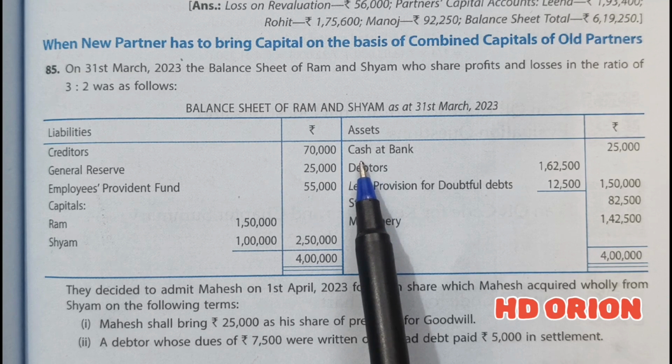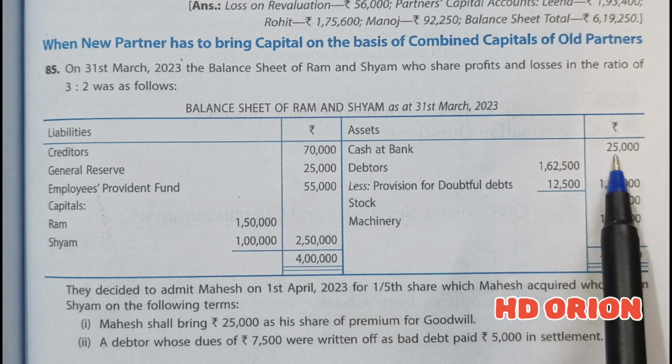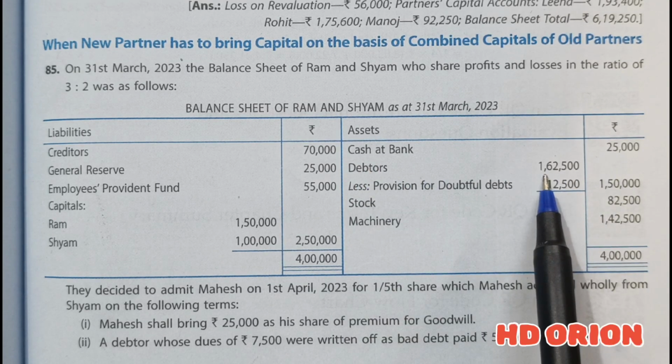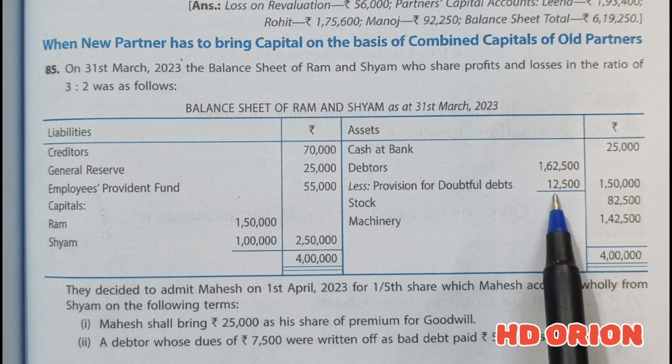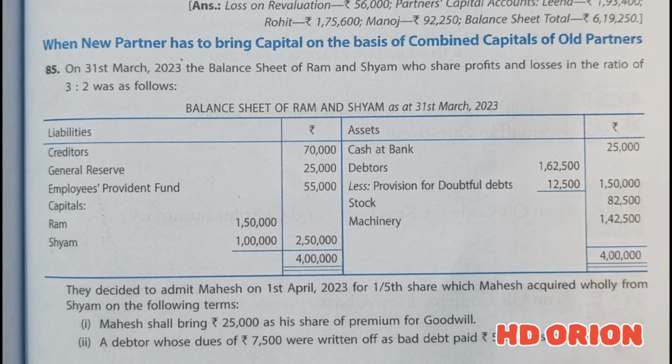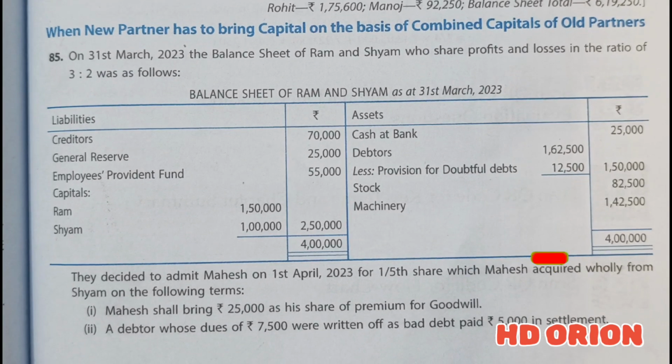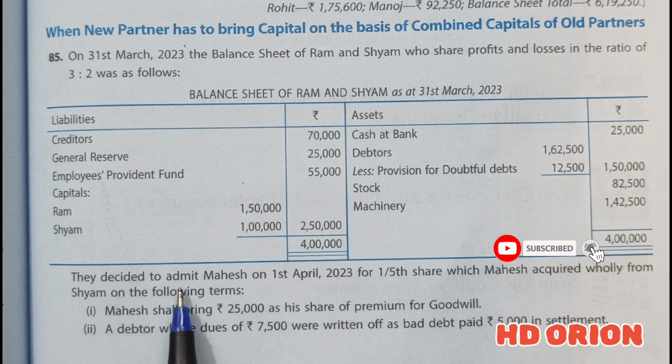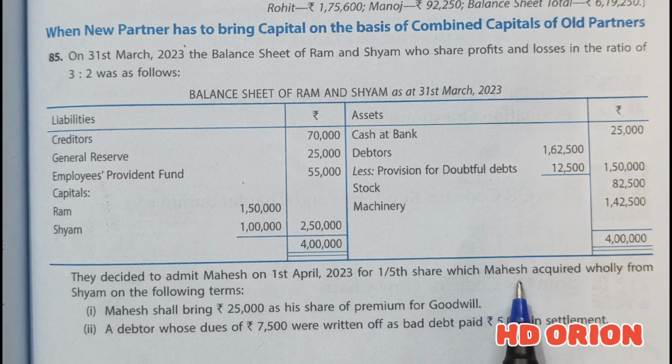On the asset side, cash at bank rupees 25,000, debtors are of rupees 1,62,500, less provision of rupees 12,500. In the outer column, there is 1,50,000. Stock rupees 82,500, machinery rupees 1,42,500. Grand total of the balance sheet is rupees 4 lakh. Then the question further says, they decided to admit Mahesh on 1st April 2023 for 1/5 share, which Mahesh acquires wholly from Shyam on the